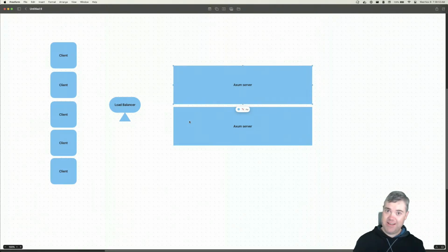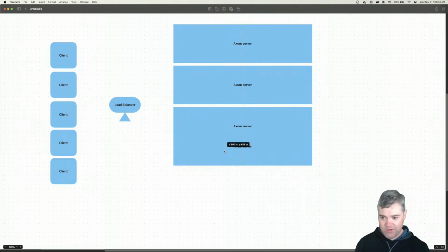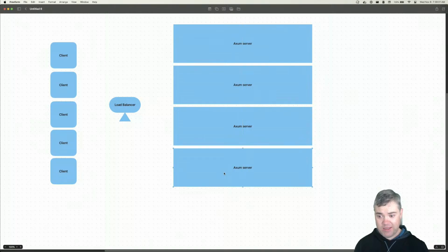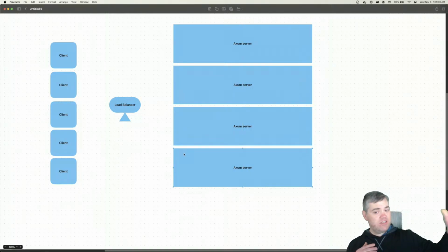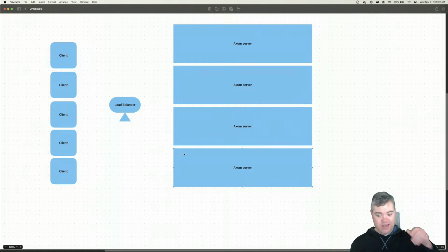Kind of obvious why it's called load balancer, right? You can have n number of Axum servers, and what's fairly common is to increase the number of servers as the load increases. So let's say your company is going to do a big product release and their marketing team is really revving up. They've decided to go to, I don't know,